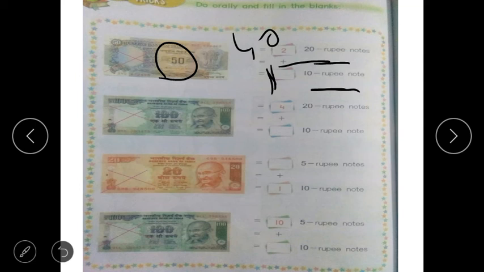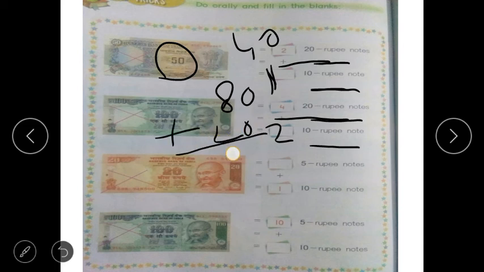Now here are 20 rupee notes. Four 20 rupee notes means 20 multiplied by 4. That is 80. 4 zeros are 0, 4 twos are 8, so 80. Okay. Now you have to make 100 rupees. So how many 10 rupee notes will you add to 80 so that you can make 100? 80 plus two 10 rupee notes. Two 10 rupee notes, how? 2 tens are 20. Then 80 plus 20 is 100. So if you add two 10 rupee notes to the four 20 rupee notes, it will be 100 rupees.